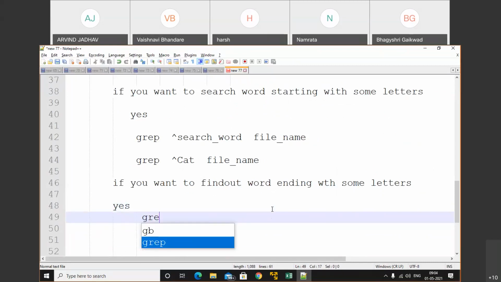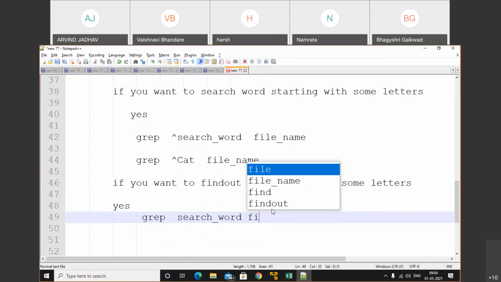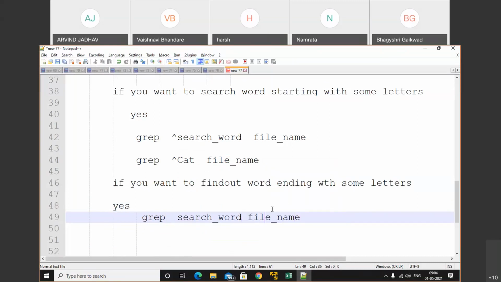Grep, search word, after that file name. So make a note of that. If you want to find starting words, then we need to use the cap symbol. If you want to find ending words, then we need to use the dollar symbol at the end of the word. So it will list out all the ending word related information.